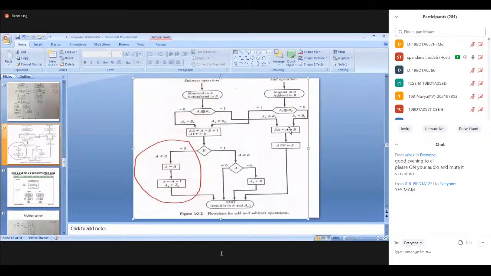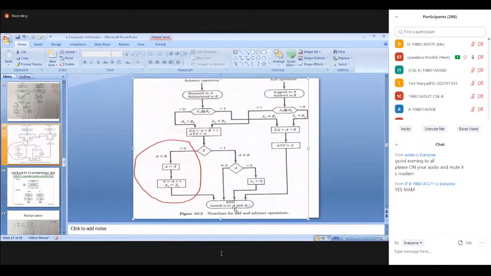First, the addition result, the result of A plus B, will be stored in A. If any overflow bit is there, that overflow bit will be moved to AVF, and the process will be ended. Addition will be stopped, and where you are storing the result, you are using this A as an accumulator too. So you are storing the result in A and S.